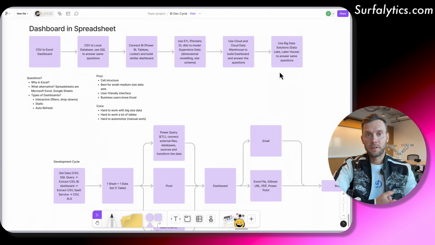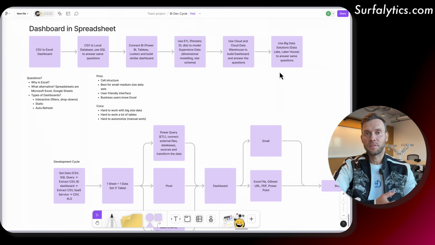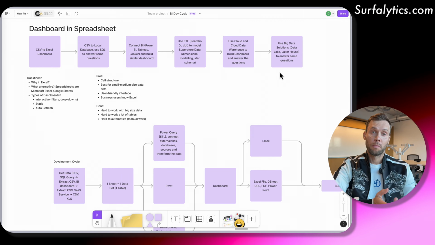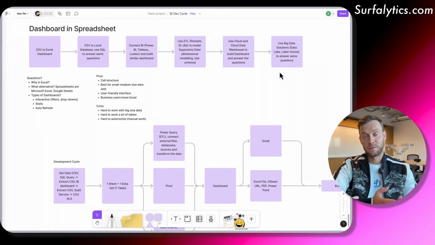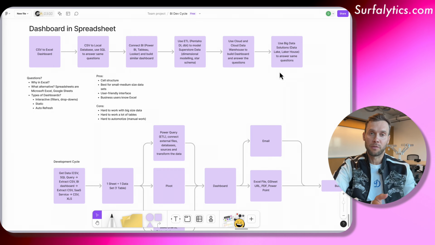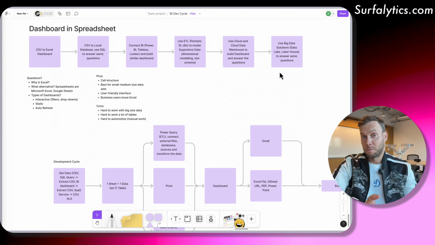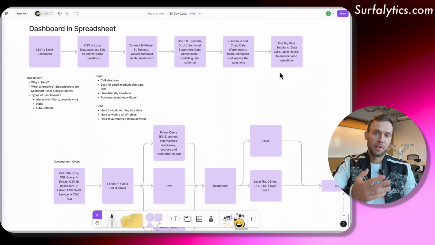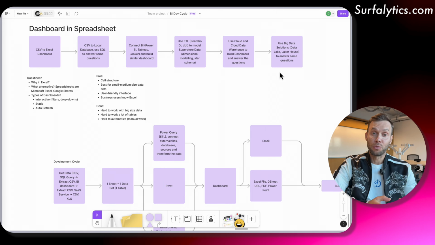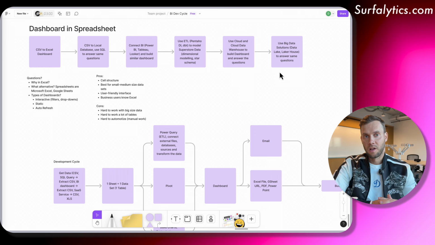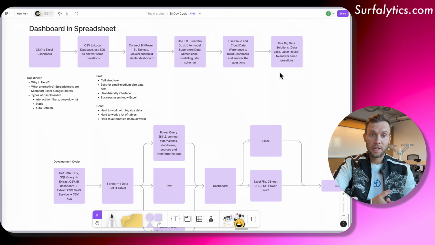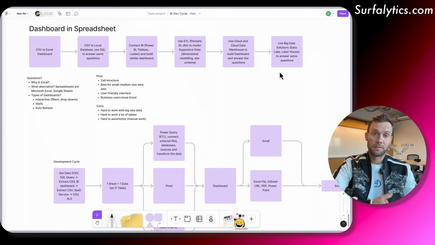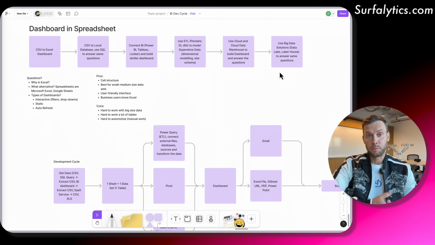Today we'll talk about an interesting topic. Probably it's one of the most popular tools in the world for working with data, and this is Excel. Or better to say it's spreadsheets, because some people prefer Microsoft Excel, some people prefer Google Sheets, or maybe some people even use macOS Numbers, and probably there are many other tools to work with data in spreadsheets. So this is our lesson 10, and today we'll cover a topic that I call dashboard in a spreadsheet, and